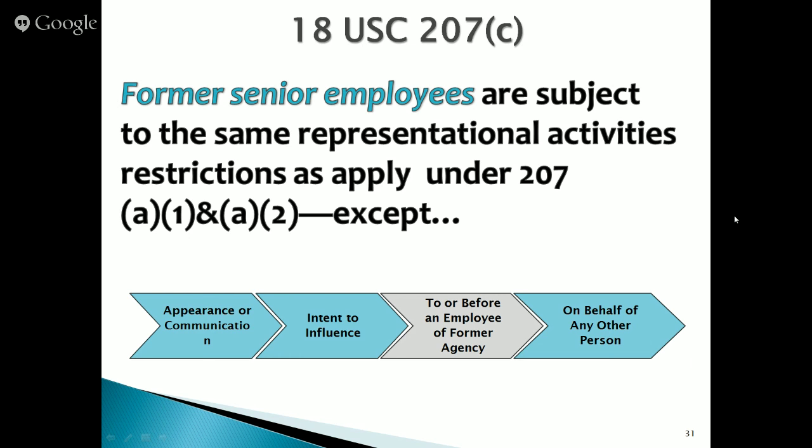So the second question that we have here is: did the employee terminate service as a senior employee more than 1 year ago? And in our case, what does she tell us? She said her service ended on September 30th. So September 30th of probably 2014. Of 2014. So we're approaching the year anniversary, but it looks like we're still within that time frame. So we are still within that 1 year cooling off period. So we can proceed with our analysis, because she's definitely still within the 207C bar.